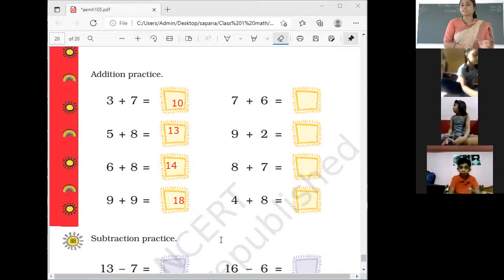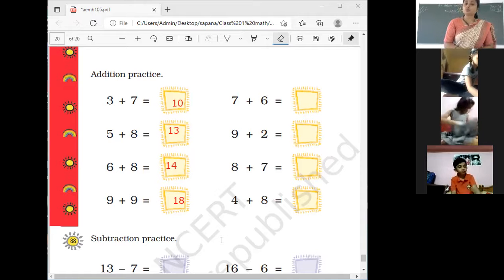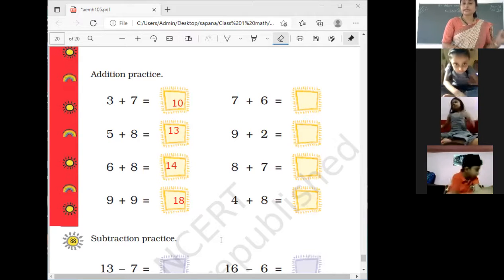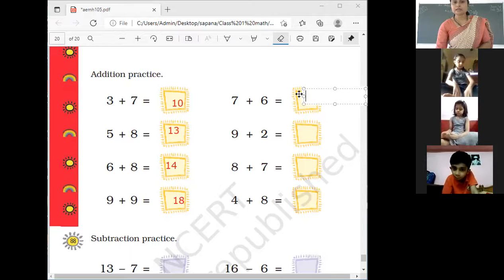आपको answers भी check करने हैं अपनी book में कि आपने कहीं पे wrong तो नहीं किया है. If you are wrong, you correct them. Okay, check. Now second is 7 plus 6. 7 plus 6 is equal to